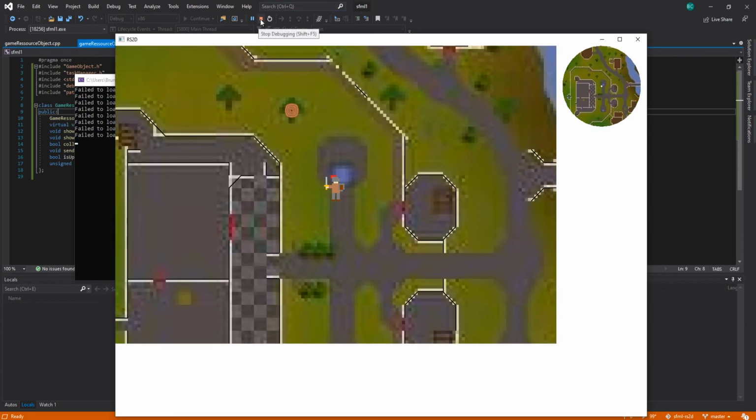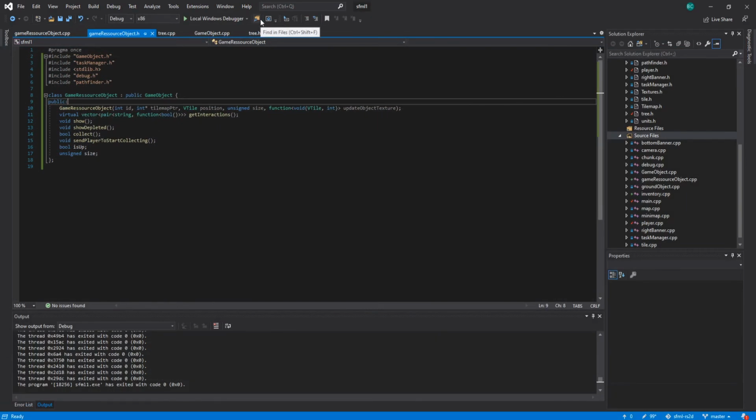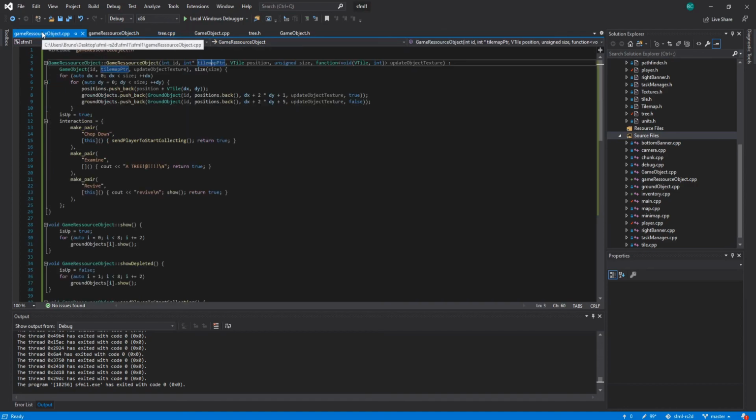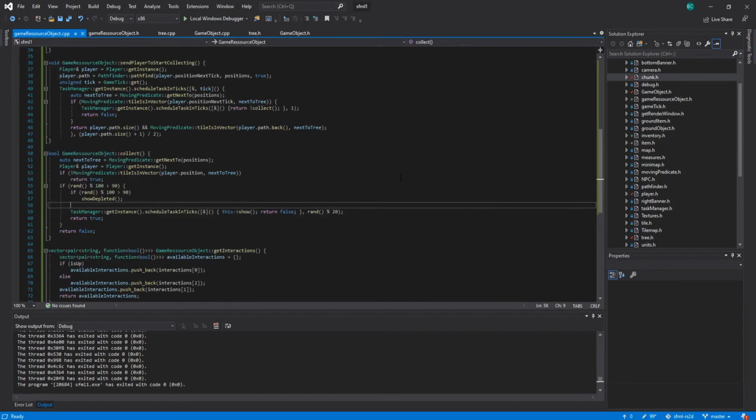I clicked away right on the tick where it chopped. I was about to give up. So here I need to do player.inventory.add, and then